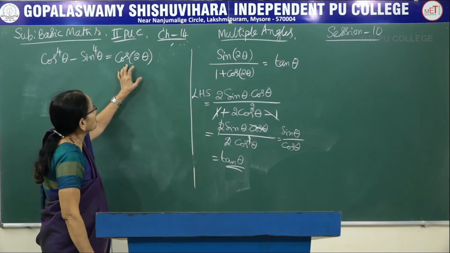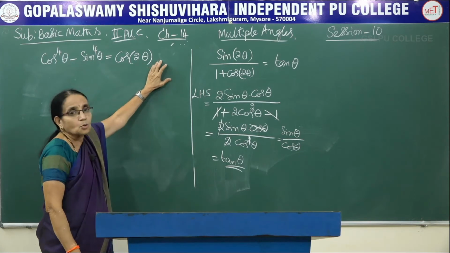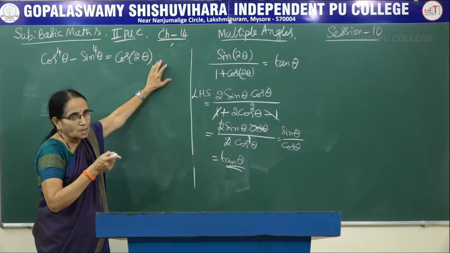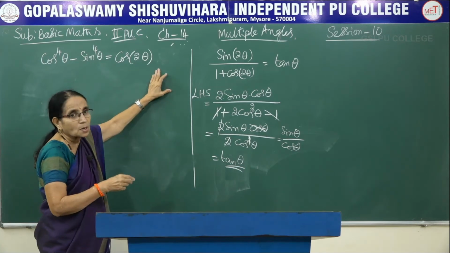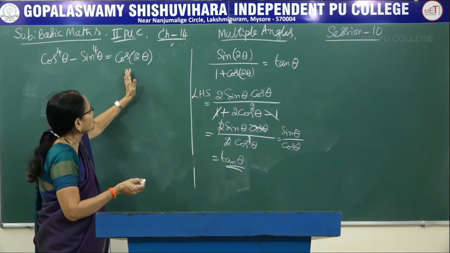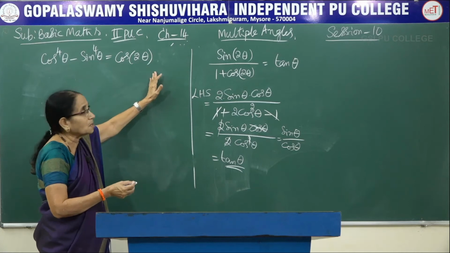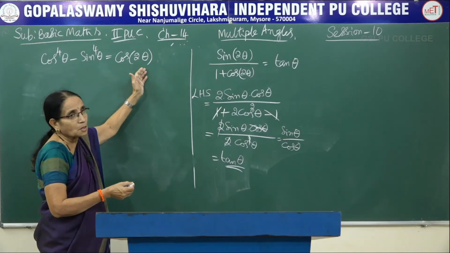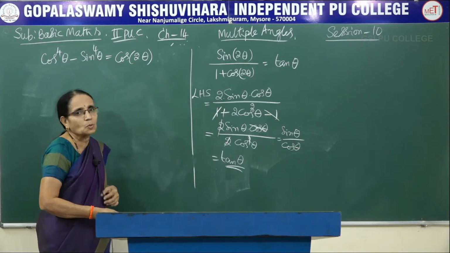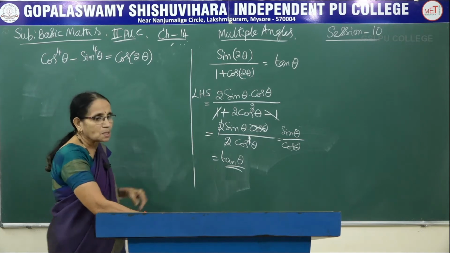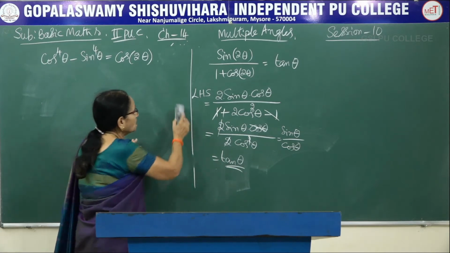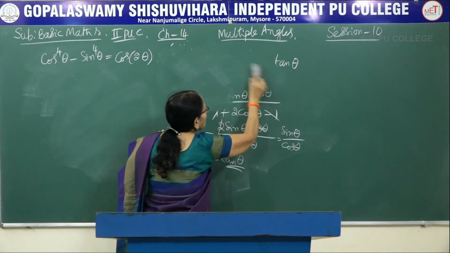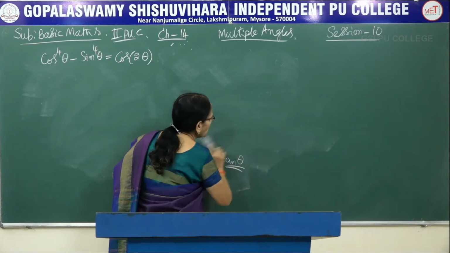Sometimes instead of cos of 2 theta, they may ask you to show that 1 minus 2 sin square theta, or it could be given as 2 cos square theta minus 1, or it could be given as cos square theta minus sin square theta. That is, which are the expansions of cos of 2 theta. Any one of them could be given on the right hand side, but the left hand side would be same. Now here again we make use of our high school algebraic formula.